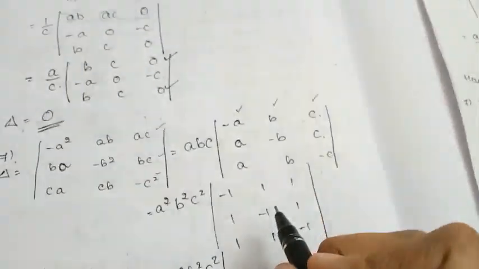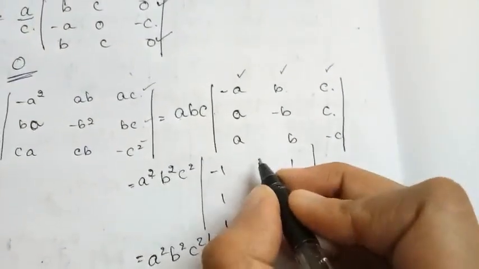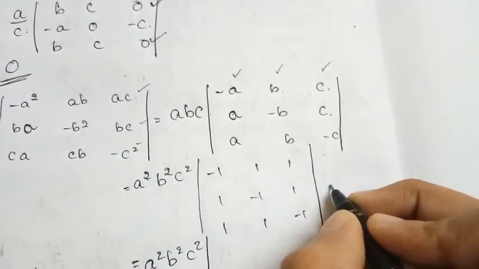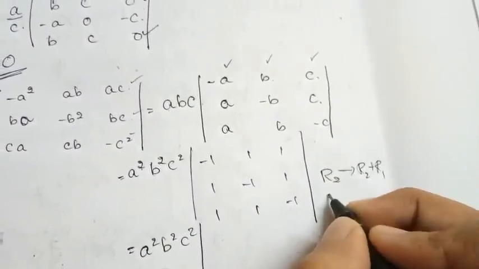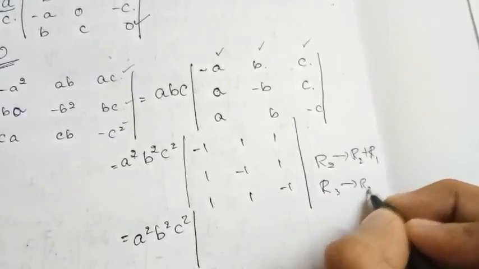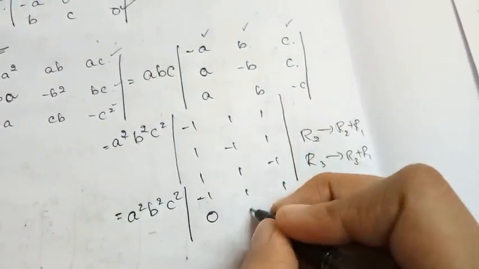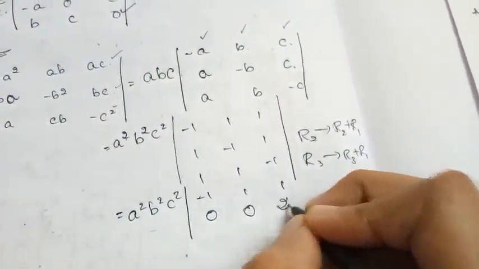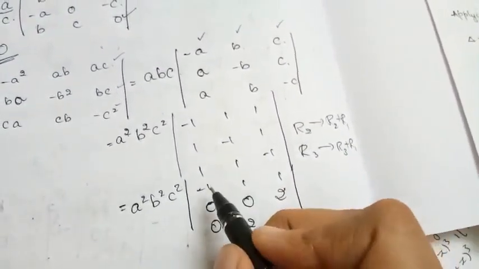So here I thought of expanding, it is possible, or else you can even make some other row operations now itself, like R2 implies R2 plus R1 and R3 implies R3 plus R1. After applying these two row operations, what does it become? There is no change in the first row, but in the second row R2 plus R1 becomes 0, and this one also becomes 0, 2, 0, 2, 0. Now you can expand either through the first column or the second row, whichever is possible.